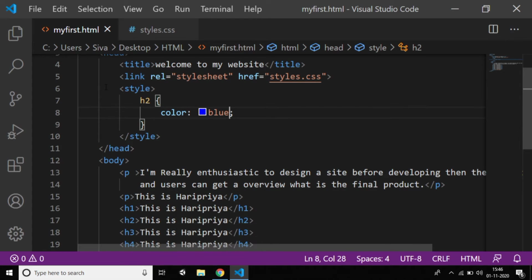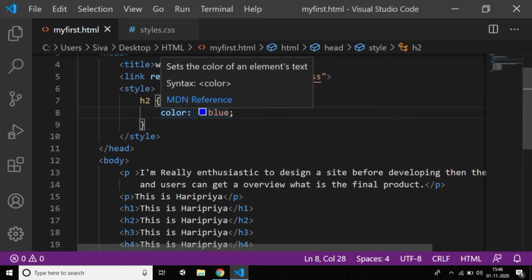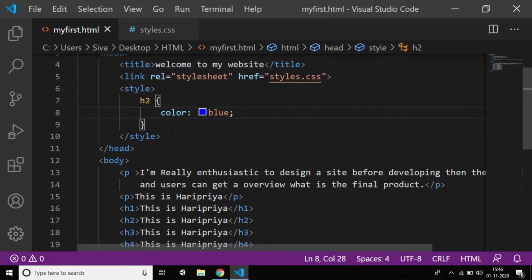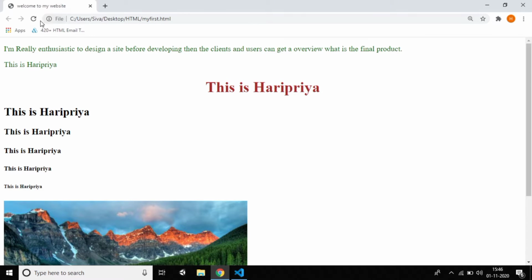This is called internal CSS. That means we are not using a .css file, we are just using the code. I didn't create any .css file and I'm using the CSS code, which is called internal CSS. Press Ctrl+S, reload and see it in blue color.